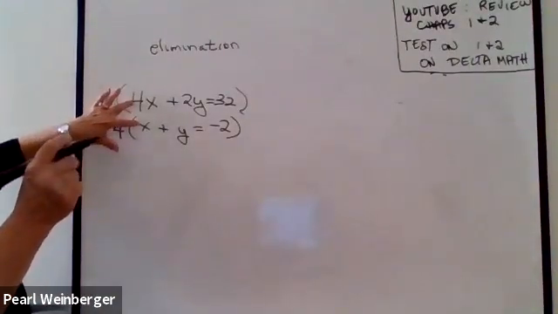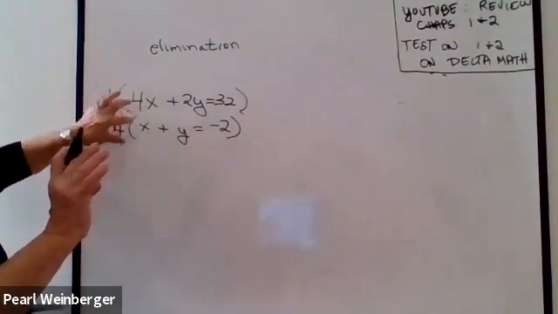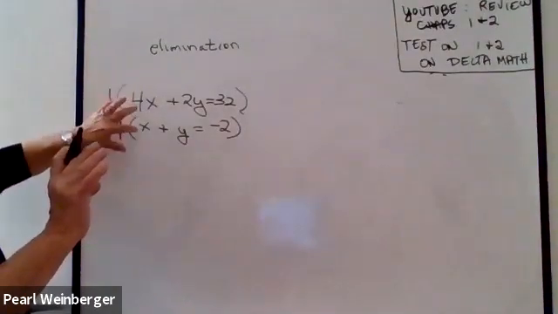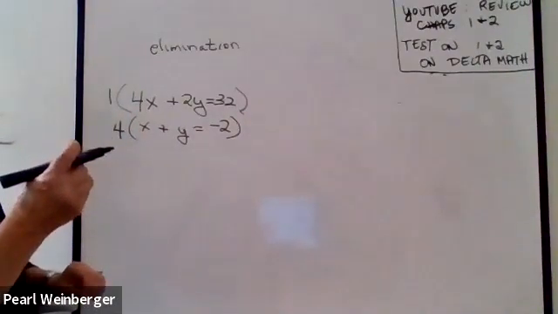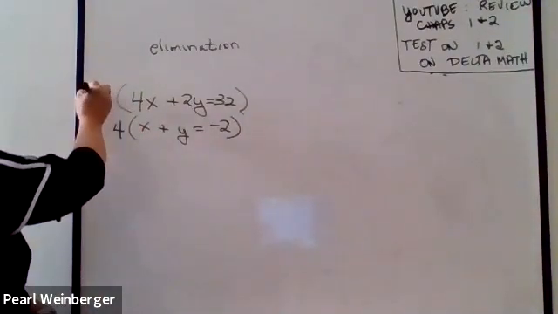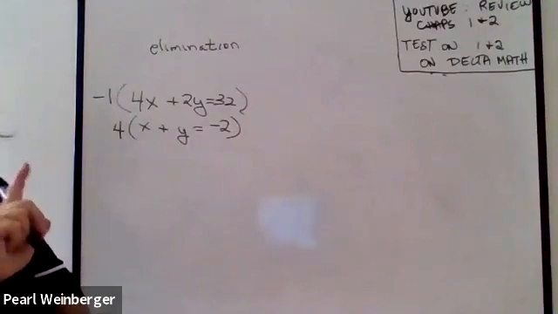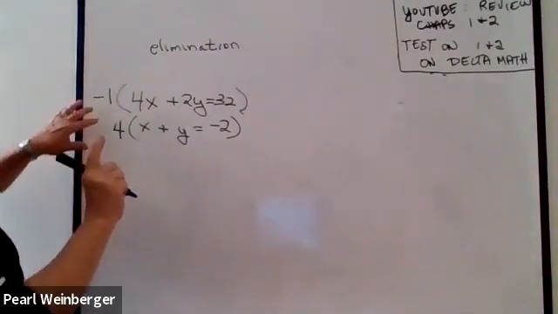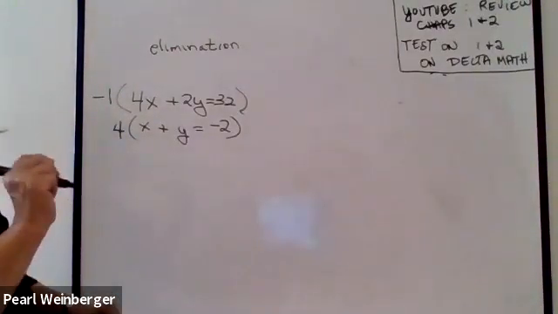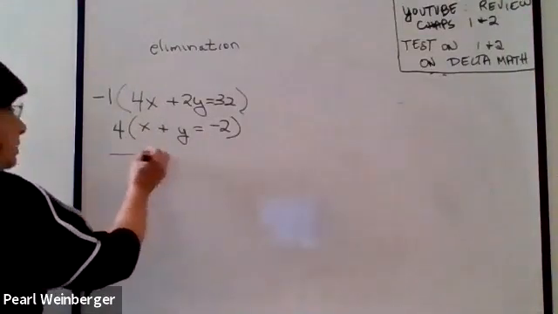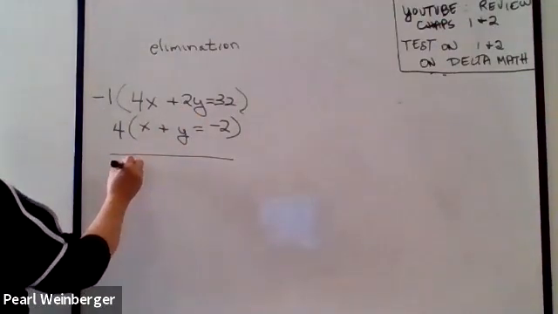So now I dealt with the numbers, now I'm dealing with the signs. They both are positive in this case. This is a positive 4, this is a positive x. I want to end up with one being positive and one being negative. So therefore, I'll have to multiply one of them by a negative, not both of them, just one of them. So I picked the top one to be the one that I'm going to use the negative on. It doesn't make a difference. Look what happens now. If I multiply my first equation by -1, I will get -4x